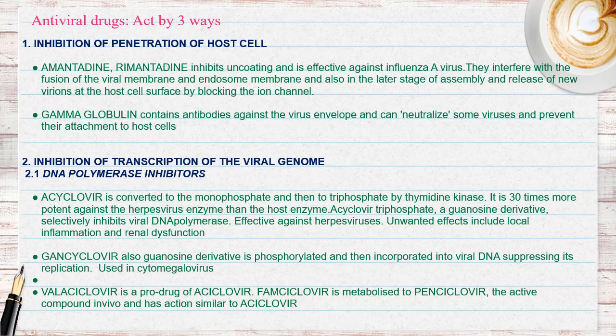One is the entry point and the other is the exit point, where new virions have been produced involving the host cell machinery and they are about to be released. So at both the places these drugs act. Gamma globulin contains antibodies against the virus envelope and can neutralize some viruses and prevent their attachment to the host cells. So you have drugs like amantadine, rimantadine and gamma globulin coming under this class, which inhibits penetration of